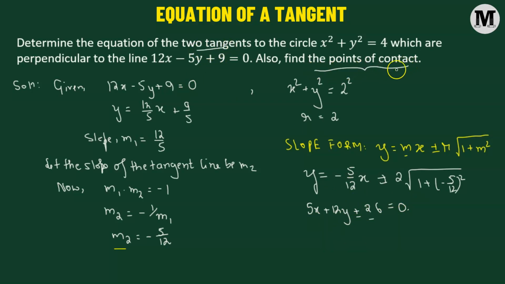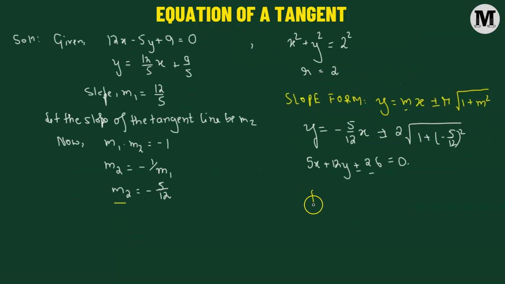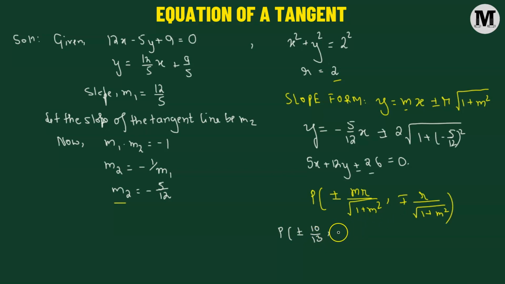Now the next goal will be to find the point of contact. The point of contact, let's call it P, will be given by plus or minus mr divided by the square root of 1 plus m squared, where m is the slope of the tangent line and r is the radius of the circle, and the y coordinate will be given by the radius divided by the square root of 1 plus m squared. So if we substitute m with -5 over 12 and the radius with 2, then the point of contact is going to come out as P equals plus or minus 10 over 13 for the x coordinate, and the y coordinate will be negative or positive 24 over